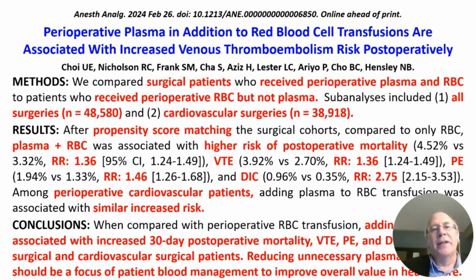that's data from Johns Hopkins Hospital in the US, and they were looking at 48,000 patients undergoing surgery. This was nearly 39,000 patients undergoing cardiovascular surgery with a relatively small amount of red blood cell transfusion, between 1 and 4 units. And the question was, adding plasma to the red blood cell transfusion to be on the safe side and avoid bleeding was associated with a significantly higher postoperative mortality, which was